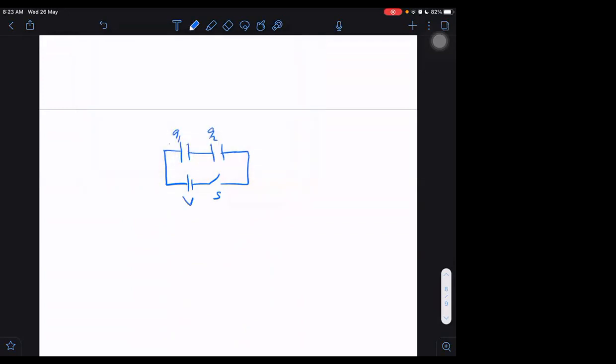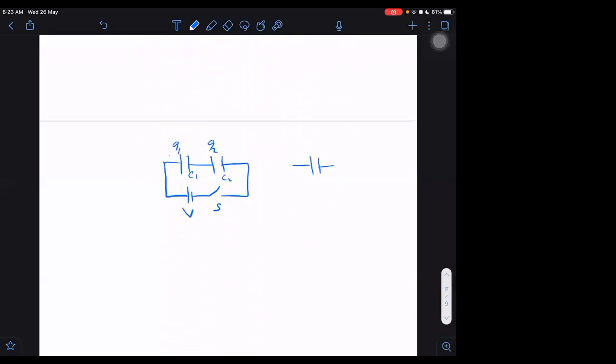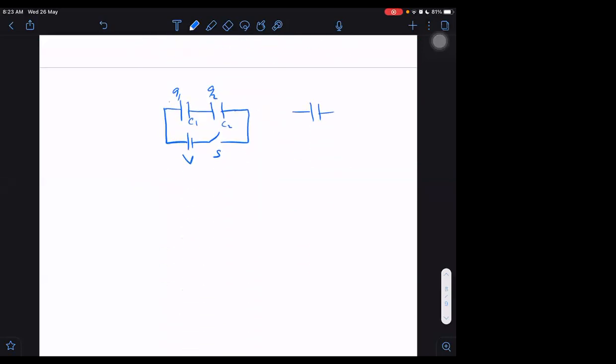Now you tell me, what will be the equivalent diagram? The equivalent diagram will have C1 and C2. How to get C1, C2? If the plates are given at distance D1 and distance D2, then C1 will be equal to epsilon naught A by D1 and C2 will be equal to epsilon naught A by D2, where A is the area of the plates. We can get it in this way. So now after that, the series equivalent is C1 C2 upon C1 plus C2. What next? I have to connect two batteries, one Q1 by C1 and another Q2 by C2, and these total with V volt here.